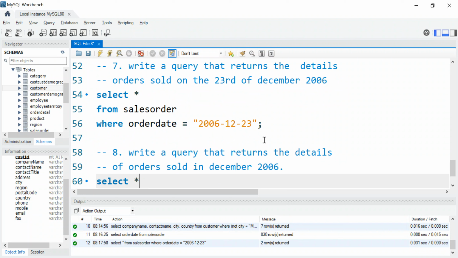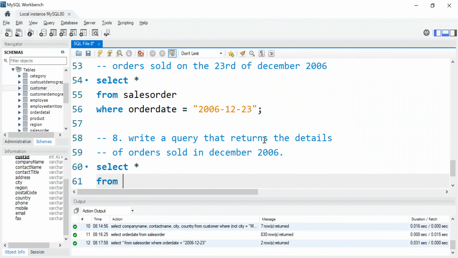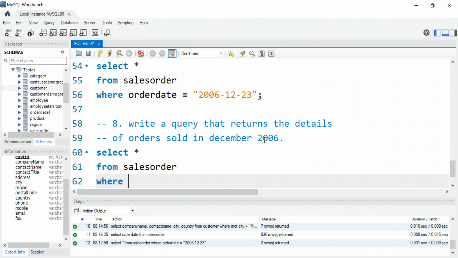We say select star from sales order where order date. Now the keyword in this case is between, because we are looking at a range of dates. It's really just like the English language. So we say where order date between, and we go, first day of December,